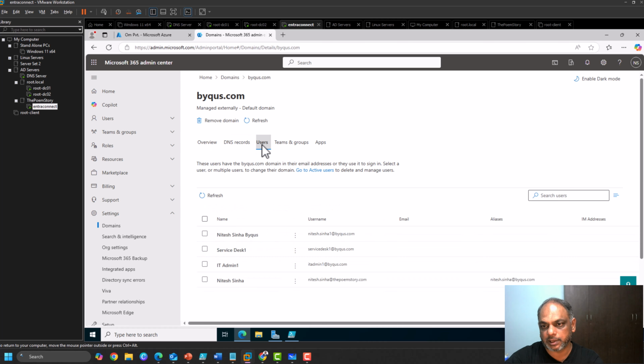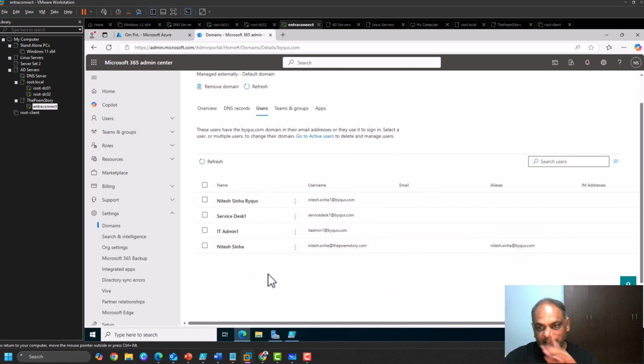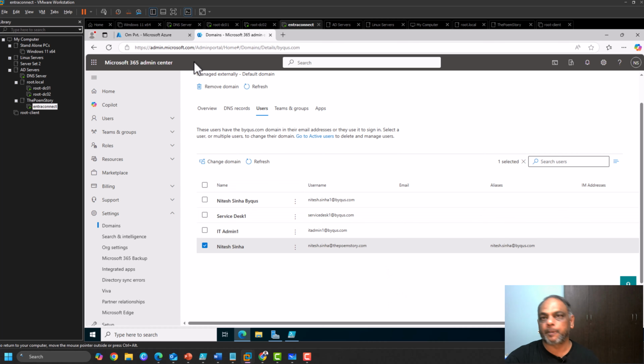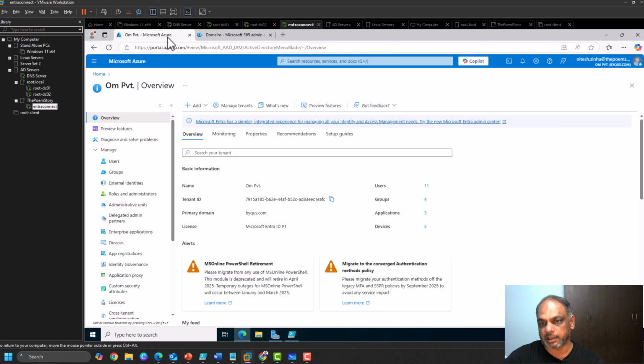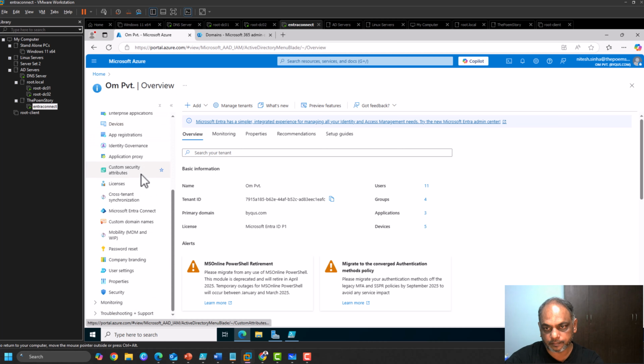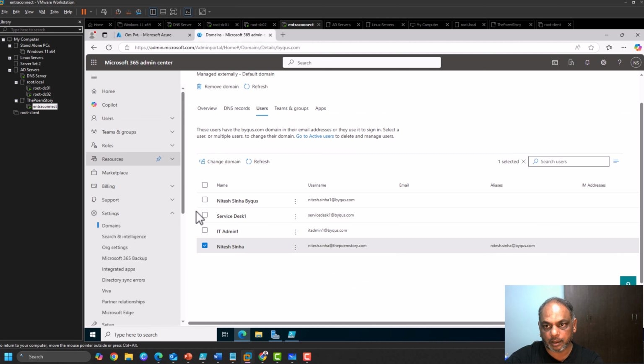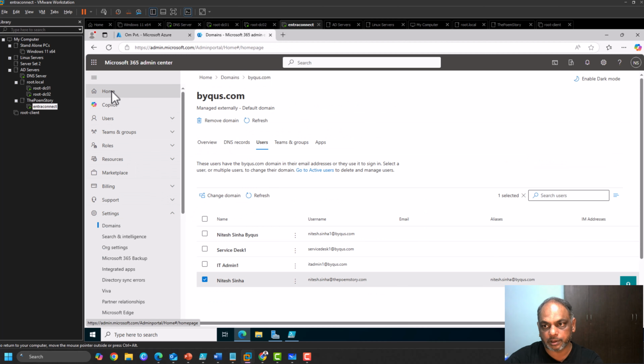Users, if you see, the poemstory.com is the global admin account, and it gave an alias nitesh.sin@byju's.com. However, all these accounts are syncing from your on-premise Active Directory. And okay, and if I go to home here,